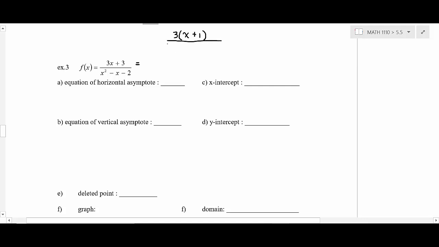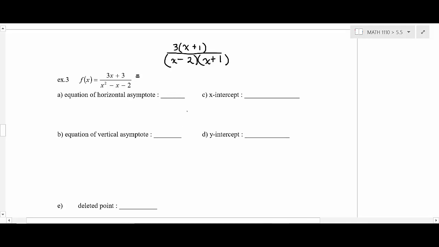The denominator is a trinomial. So let's go ahead and do that. So that would be x and x. Then you'd have 2 times 1. And you'd have a minus and a plus. Okay, so we got that. Now here's where you got to be super careful about this problem. So what happens is you have x equals 2, and then you have x equals negative 1. Now, this one cancels out. So since it canceled,